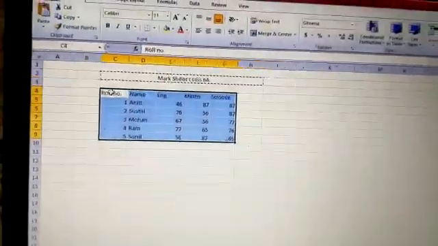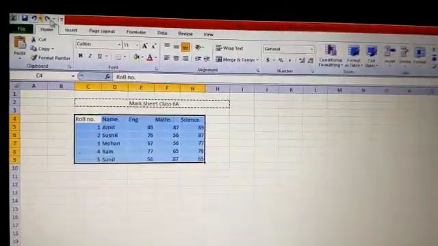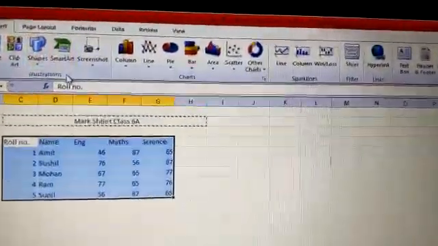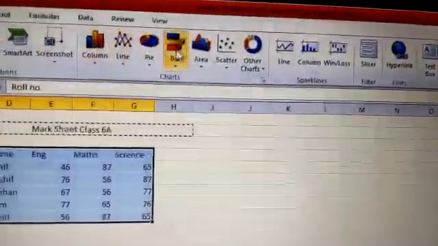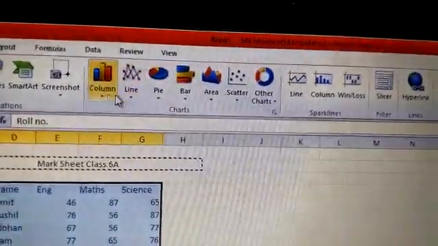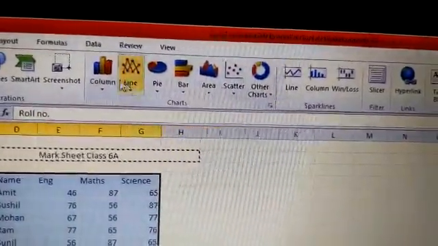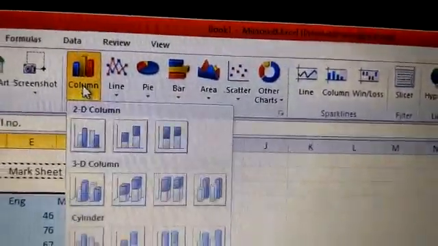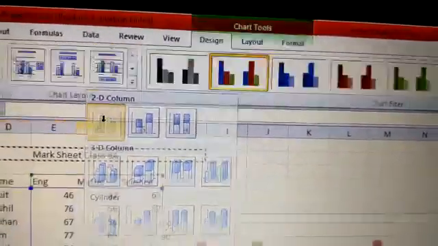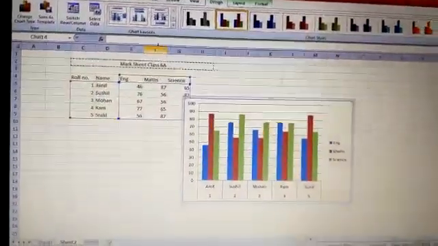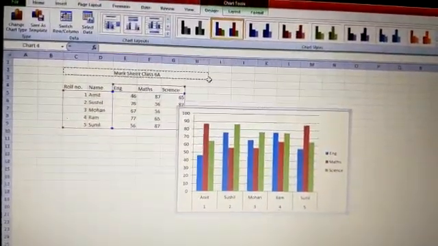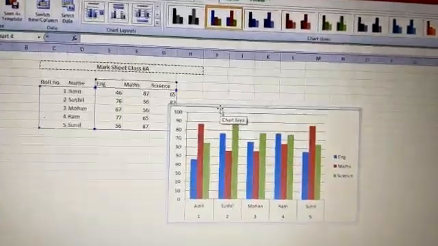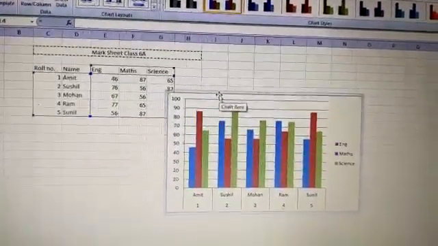Once the selection is done, we go to the Insert tab. Here we get a charts group, and many charts are displayed. Suppose we want to insert a column chart, we click on it and we get a chart. This is the chart being displayed for the data which we have given.